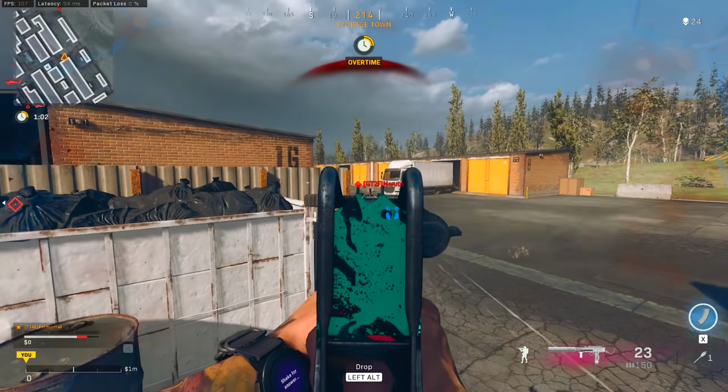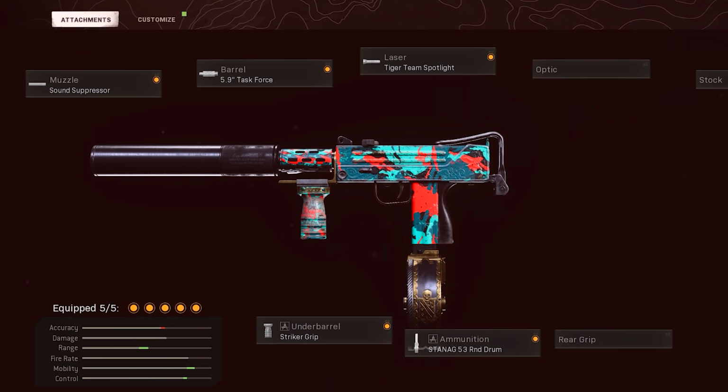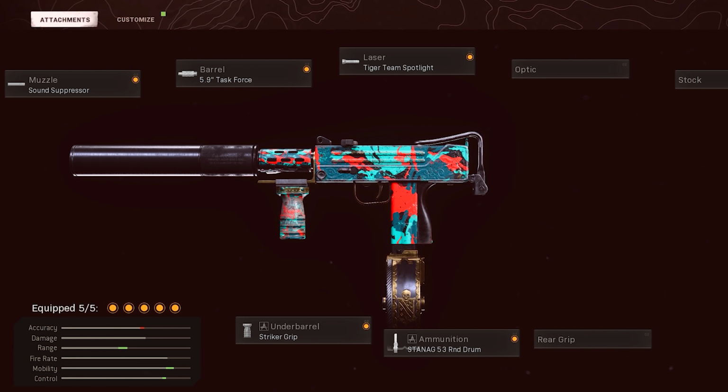You guys have heard me rant and rave about this one all throughout Season 2, Season 3. Ever since it was introduced, I've been using this on almost all of my loadouts. And the setup here is almost a copy and paste of the 74U setup. Again, you can make some changes on it depending on how you really want to build the weapon, but personally,